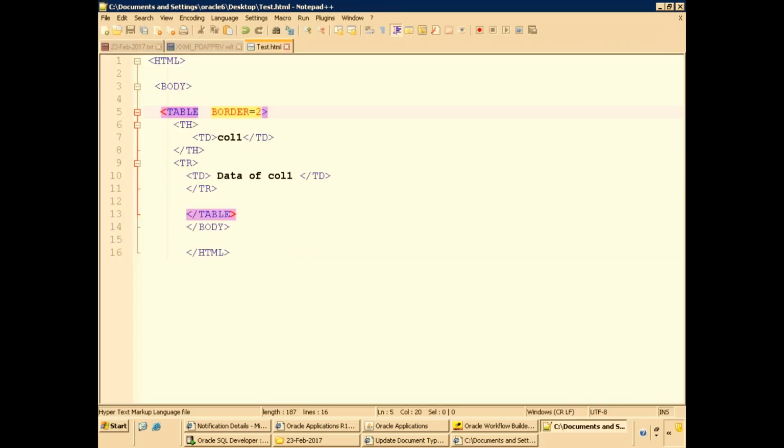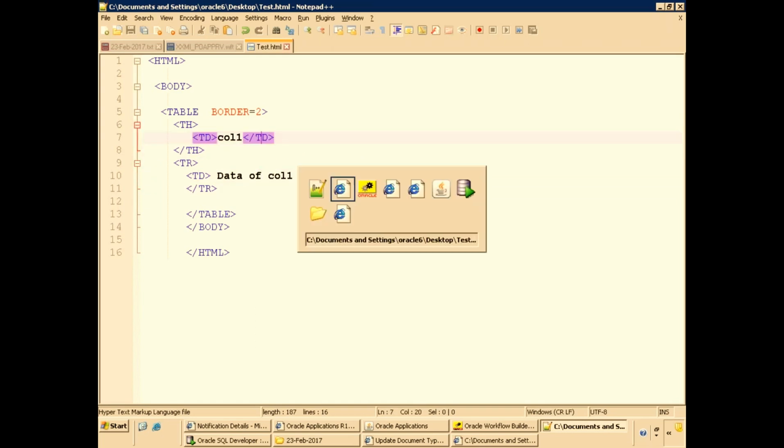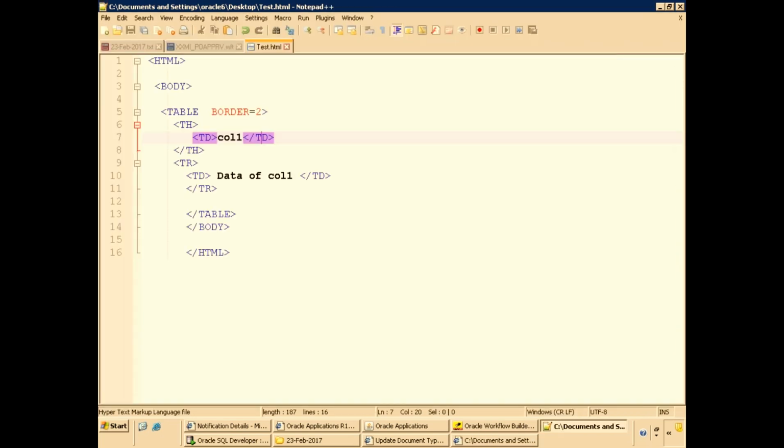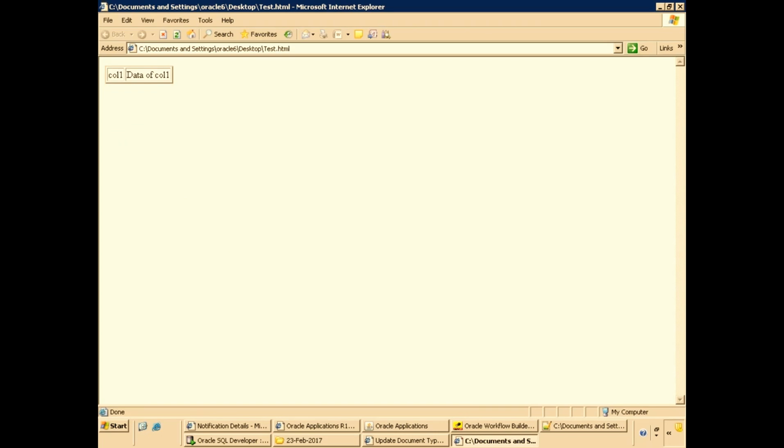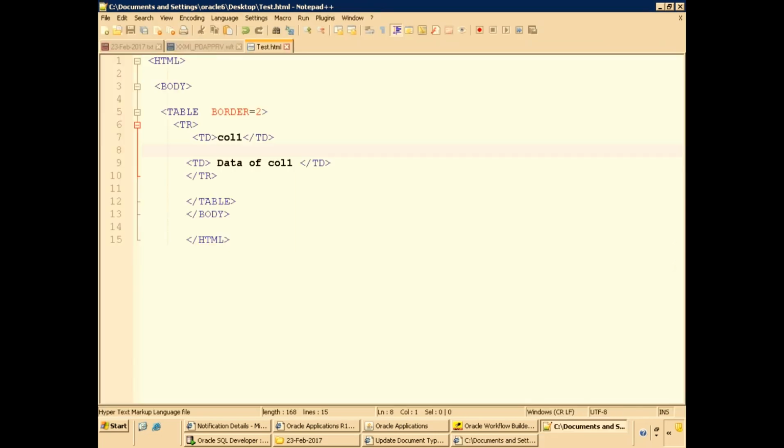And maybe let us say I'll mention this as tr. Yeah, this is better. So in a single row I have two columns, right? If you want to have multiple columns, you can have one more tr.